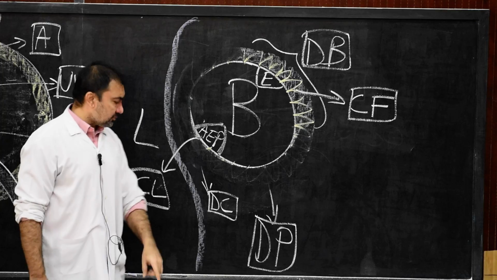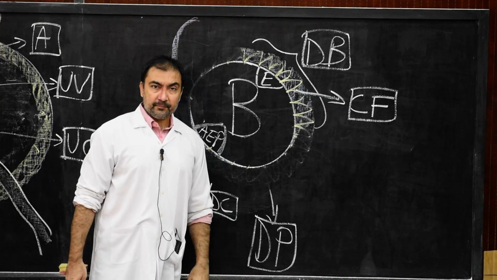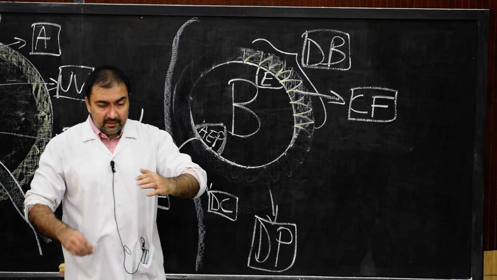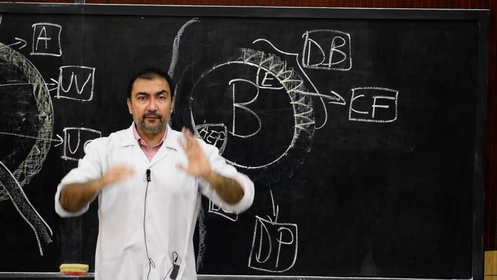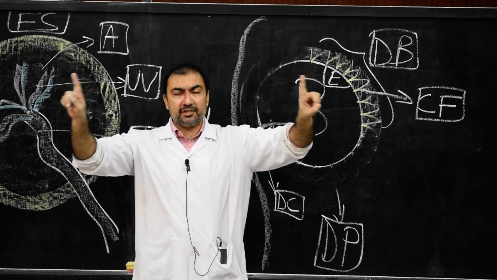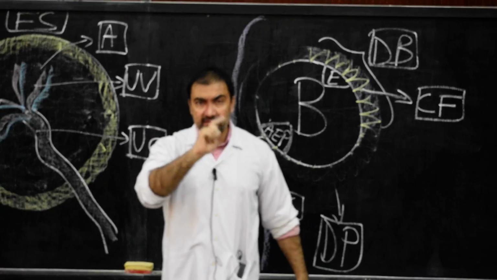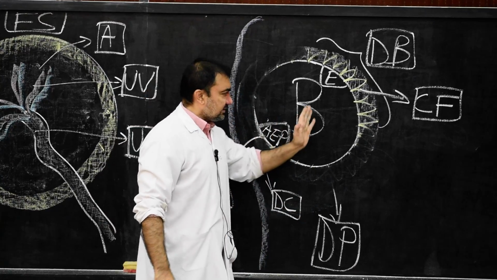So here we have understood what is chorion leaf, and what is chorion frondosum. Now we understand gradually in subsequent stages what are the stages in development of placenta, and in the end we are going to draw the entire structure of the full term placenta, which is the most important diagram. Right now I will explain to you the various stages.